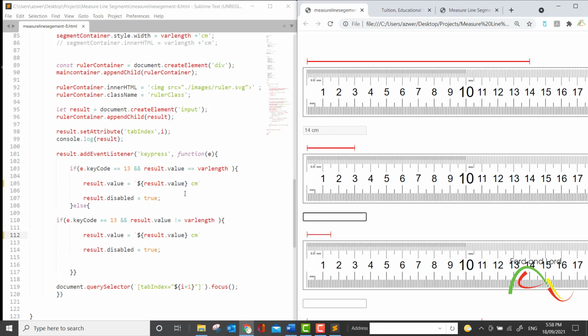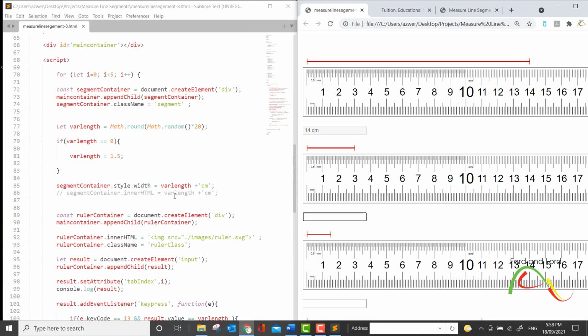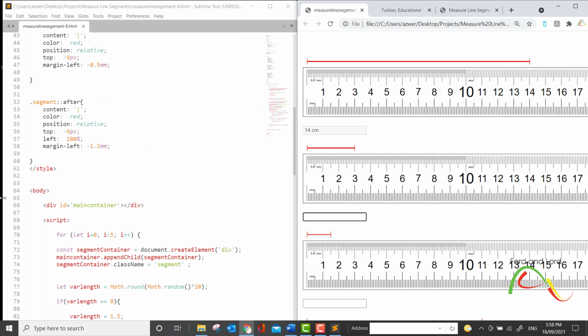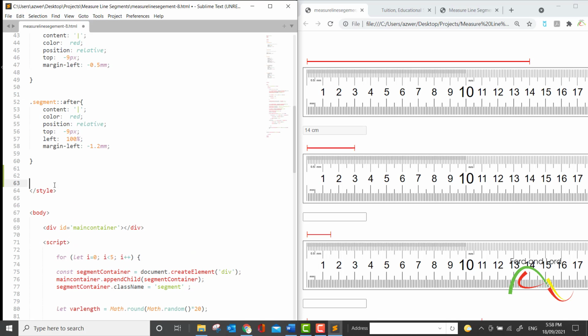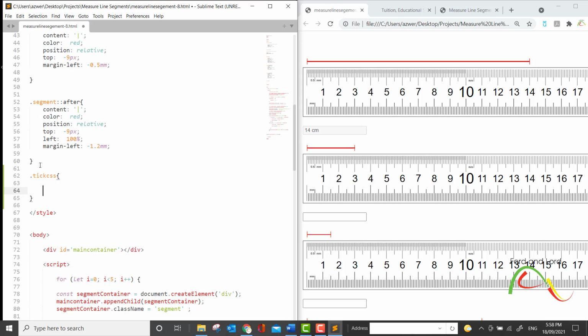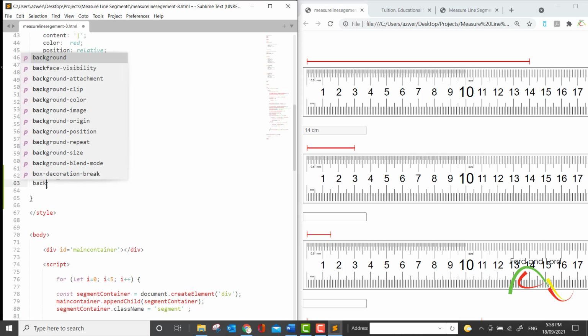So we have done this in the past several times. We have done this with the help of classes. So I will create a class. I'll press enter in the style area, which is our CSS area. So I'll type in a dot. And this is how you create a class, and I will say tick CSS, and an opening curly bracket and a closing curly bracket, and I will say background image,